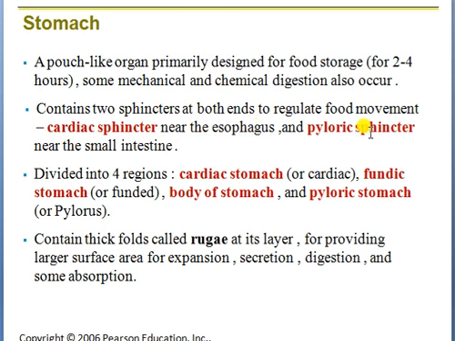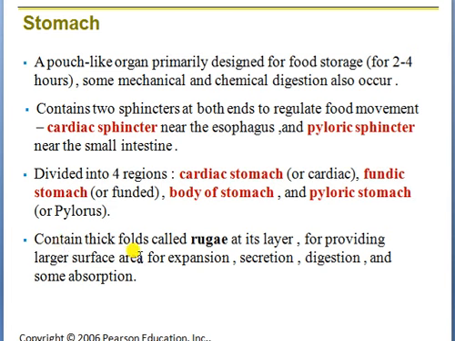The pyloric sphincter is present between the stomach and the small intestine. The stomach is divided into four regions: cardiac stomach, fundic stomach, body stomach, and pyloric stomach. Sometimes people write either cardiac stomach or fundic stomach, but we can see the difference